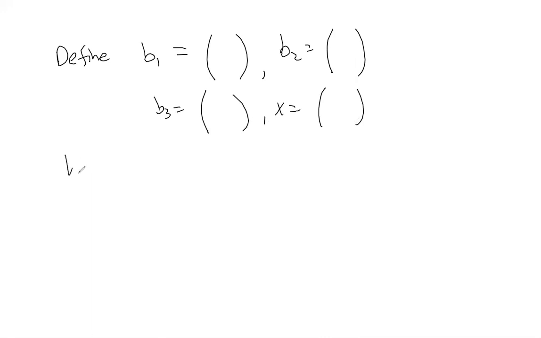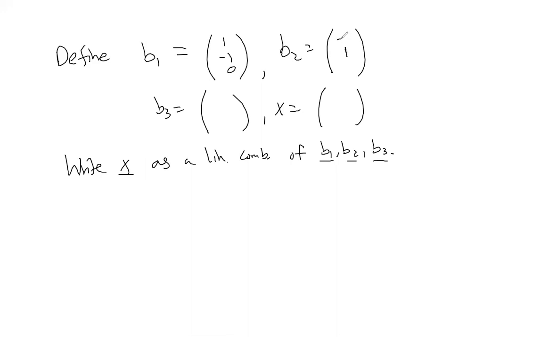And the question will be, write X as a linear combination of B1, B2, and B3. Okay. 1, -1, 0. 1, -1, 2. And